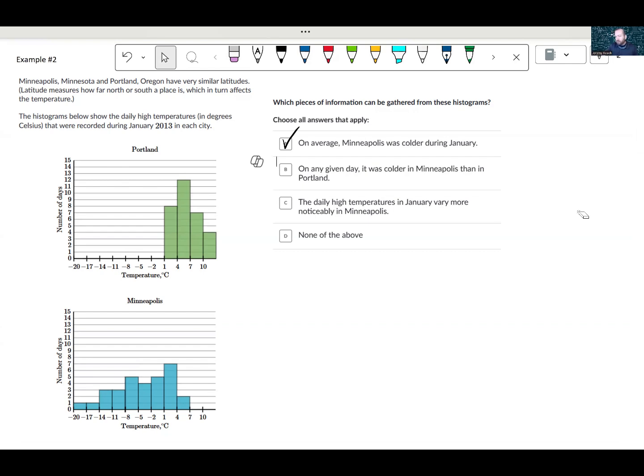So it looks like the coldest temperature in Portland, I'm just going to write the coldest temperature was 1 degree. And the coldest temperature in Minneapolis was -20. And the highest temperature in Minneapolis